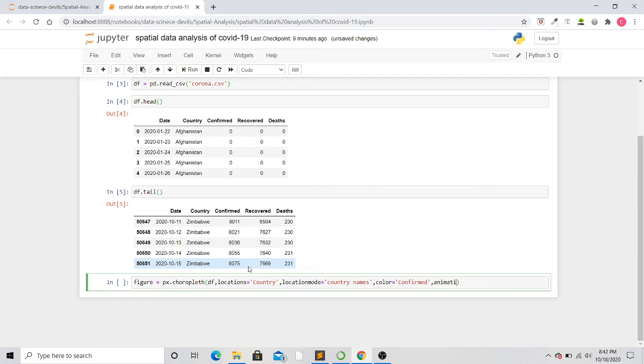And then animation frame I am passing as date. Now what it will do is add a horizontal bar down with the dates. So when you play with that bar, you will see the number of COVID cases increasing, and it looks awesome.